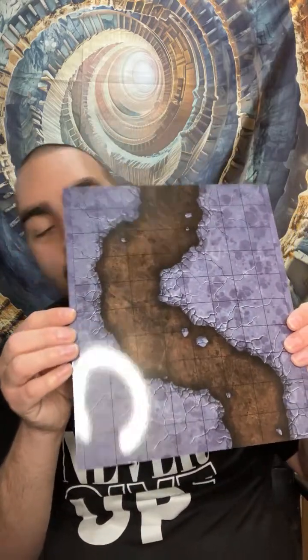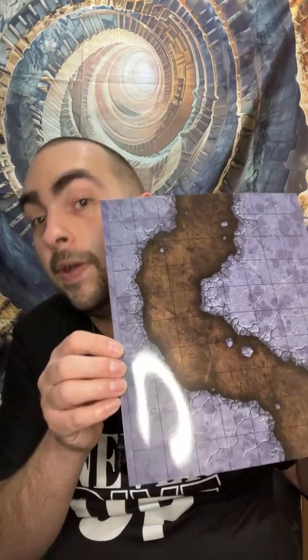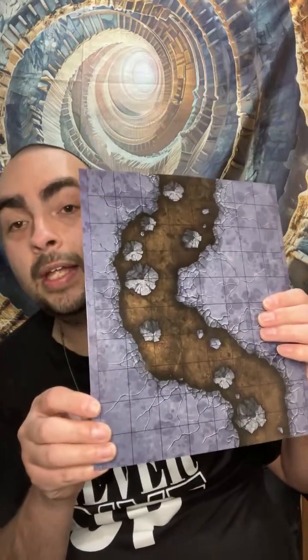And so it was cool because this is how the map started. And if you failed to find the pressure plate, and you stepped on it, that's how you found it. That's how the map looked after you did that. And so it literally changed in real time the map that the heroes were playing on. Anyway,